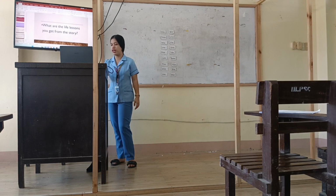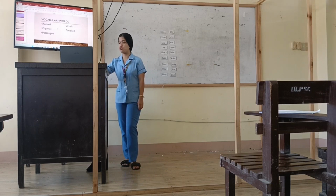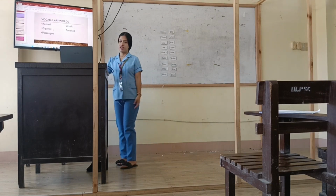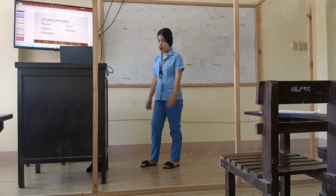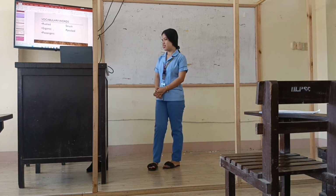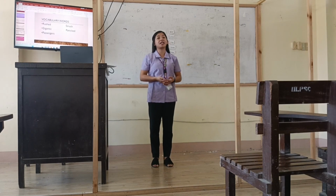So from the story, these are the vocabulary words that we have. The first one is rush. Read with me. Rush. Gigantic. Passengers. Struck. And panic. So very good, Grade 3. Okay, class, I know that you really understand